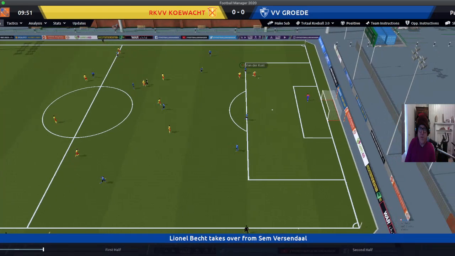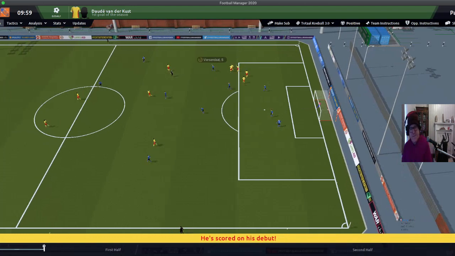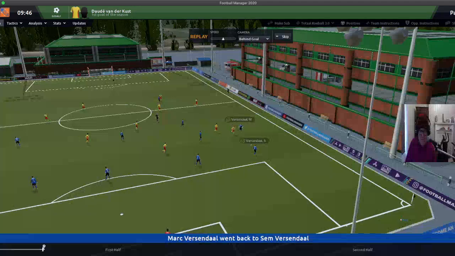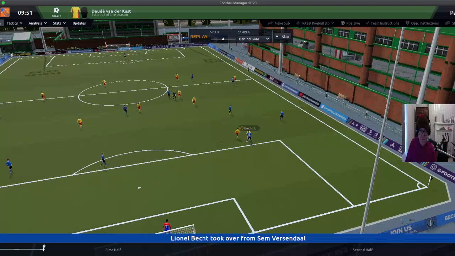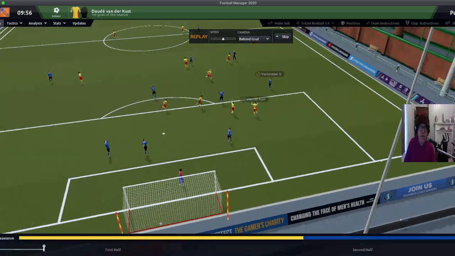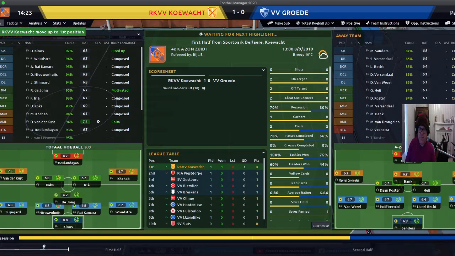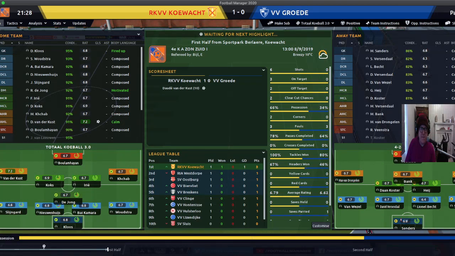They look to put some pressure, and Van der Kust makes up for it and puts it into the back of the net. Just pressure on the right back there, and the centre back robbed of the ball, and Van der Kust this time makes no mistake. 1-0. 1-0 after just under 10 minutes. Plenty of shots in there now. 70-30 possession too. So plenty of highlights